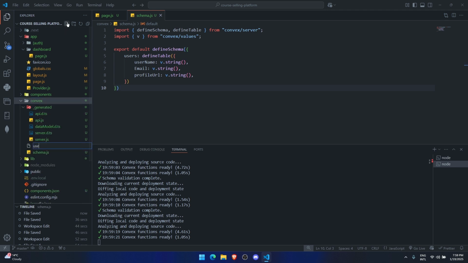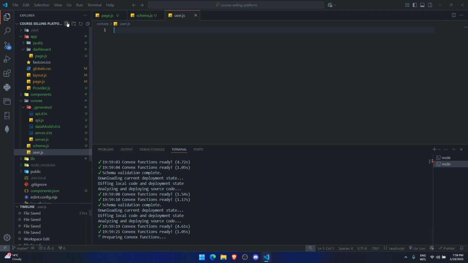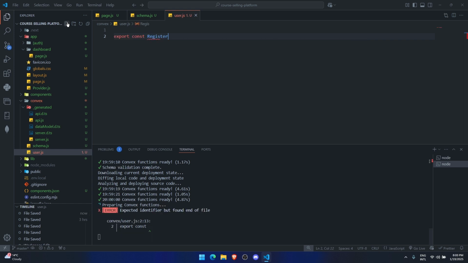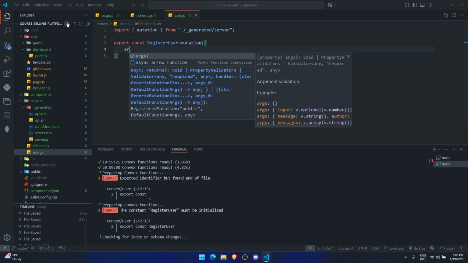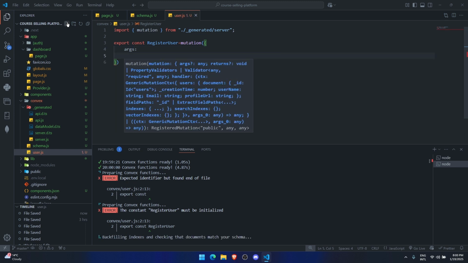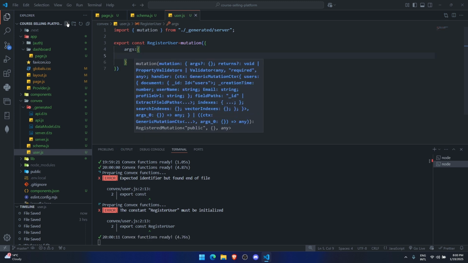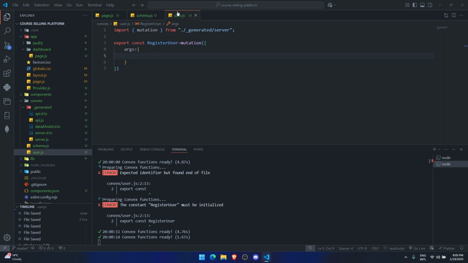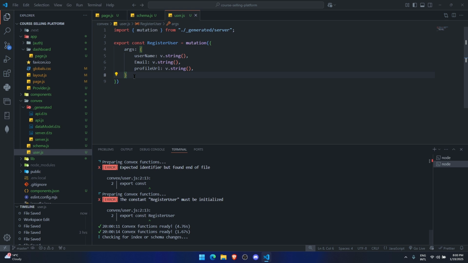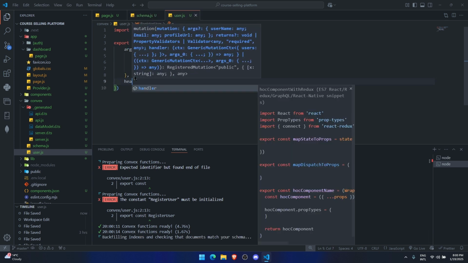So here, let me create a file called user.js, and here let me write export const registerUser, and it will be a mutation. All right, so inside this first we're going to take some arguments: username, email, and profile URL. After that we're going to set up a handler,